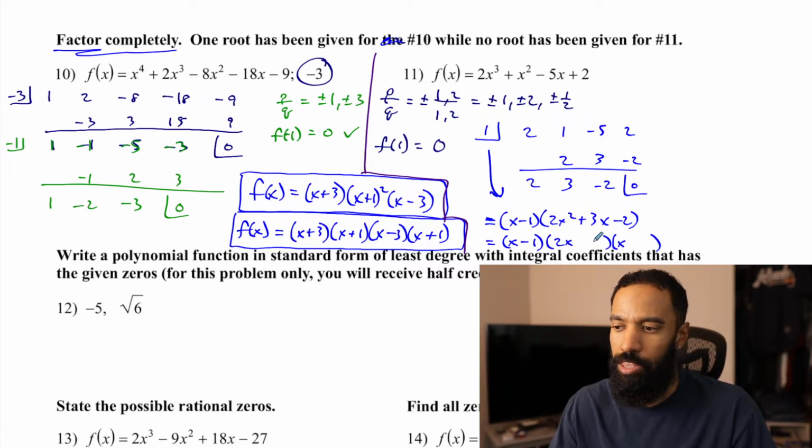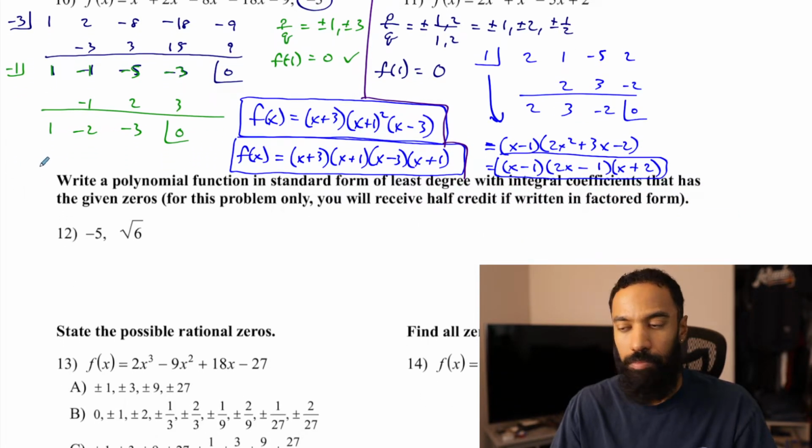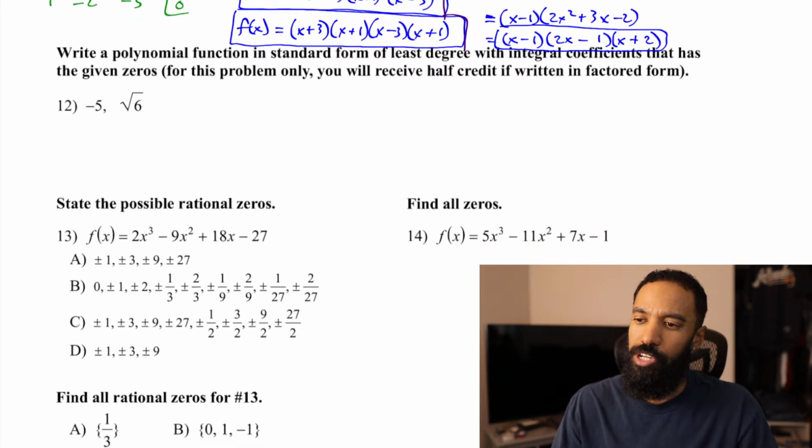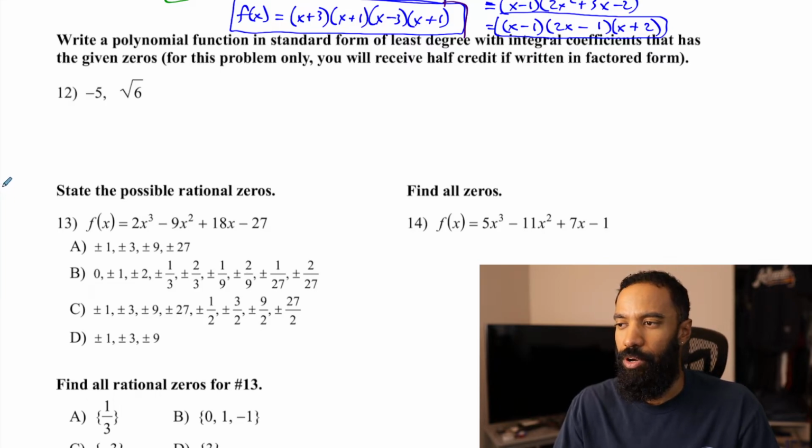Now negative 2, right? The 2 can't go here without being a GCF with that, so we have to place the 2 and the 1 here. Which one's positive, which one's negative? We need a positive 3, so plus 4 minus 1. That's all it can factor down to. Again, nothing else to solve. That's it, you're done. Okay, write a polynomial function in standard form of least degree with integral coefficients that has